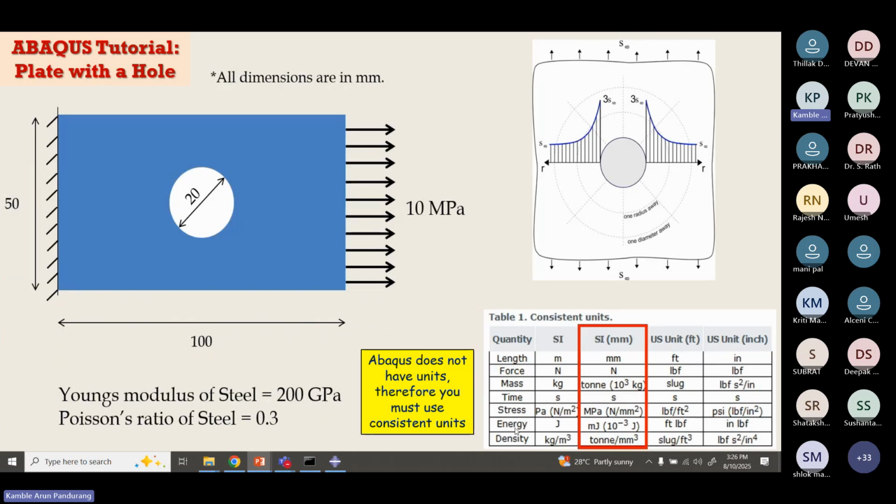And the energy, for example, fracture energy, we give the input energy as the fracture energy in fracture problems. For that, the energy is in millijoule, not in joule only. And we have to give the density input in ton per mm cube, not in kg per meter cube. So you have to remember all these consistent units while performing the modeling and simulating activities in